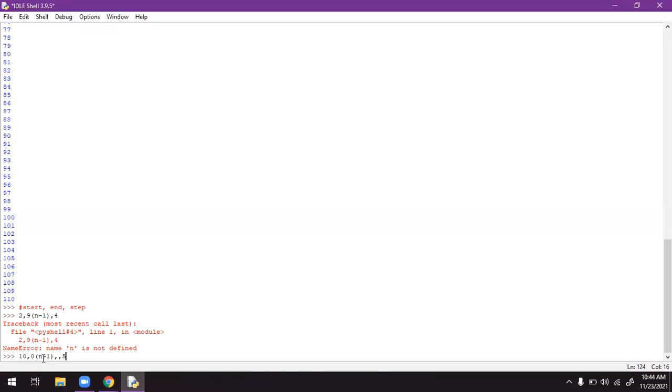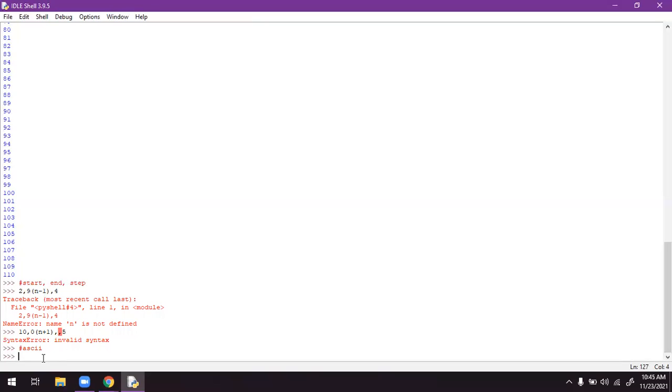Yesterday we discussed this concept. Today we are going to discuss some characters. Which type of characters? ASCII characters. ASCII is nothing but American Standard Code for Information Interchange. Each and every character, while we are pressing the keyboard, will generate some ASCII code.